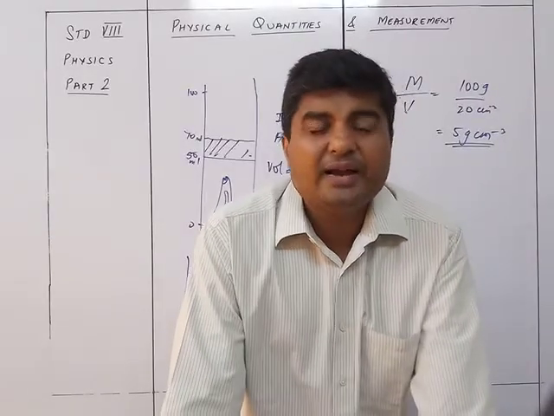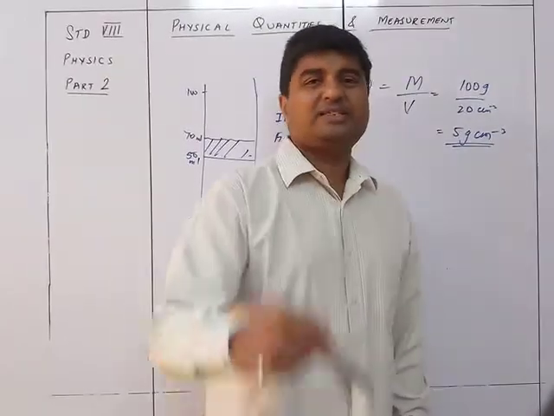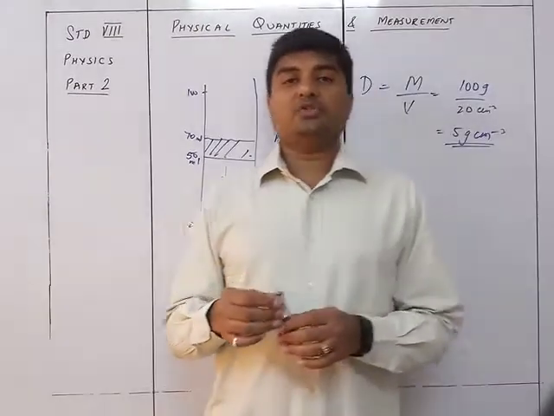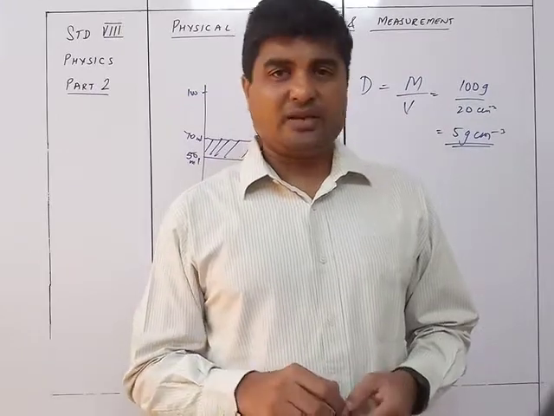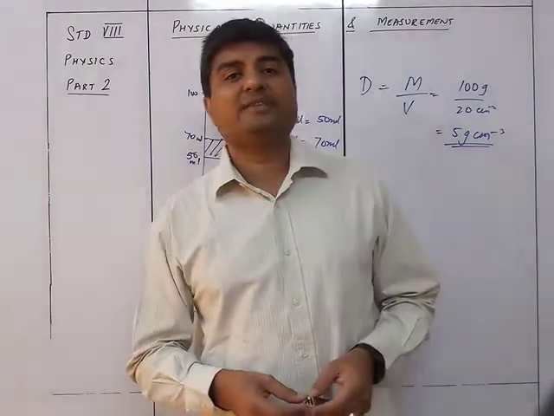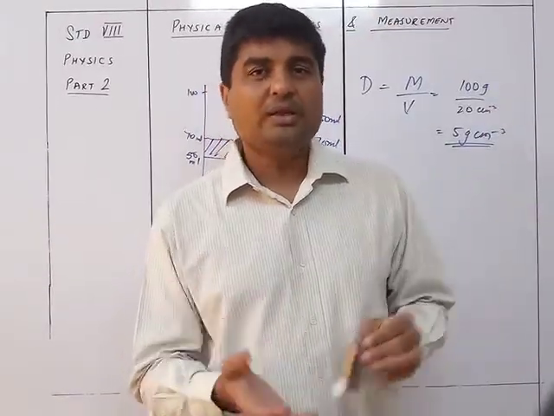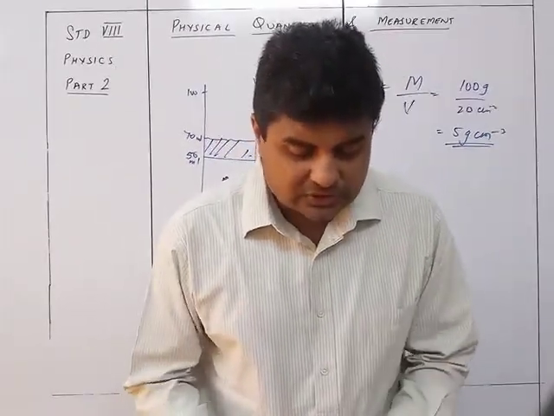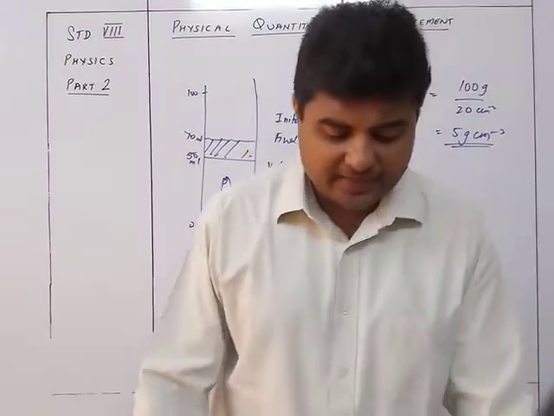So we can see that as soon as I put the stapler inside this Eureka can, the water is going to start overflowing from the spout of the Eureka can and is getting collected in the measuring cylinder. When I see the readings in the measuring cylinder, I can come to know the volume, because the volume of the water there is equal to the volume of this stapler. So we see over here the solid displaces water equal to its own volume which overflows through the spout and gets collected in the measuring cylinder.